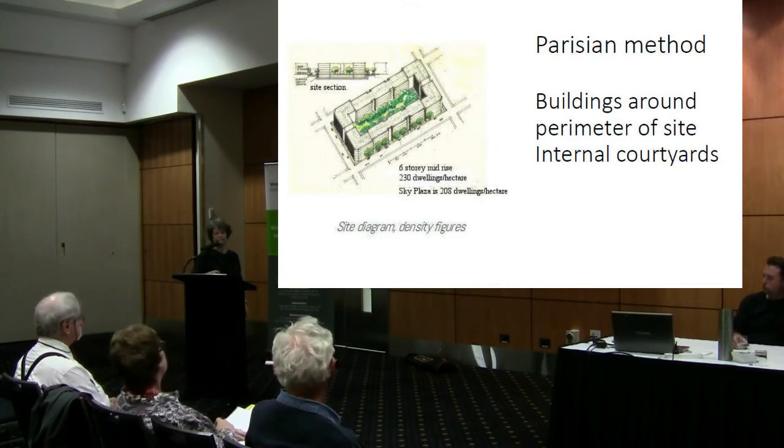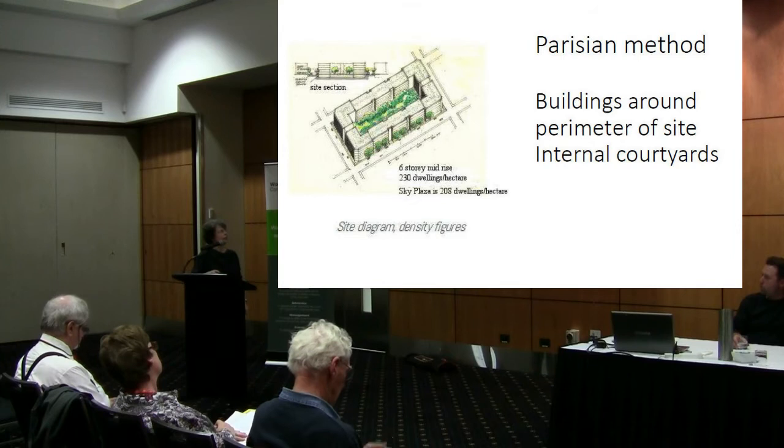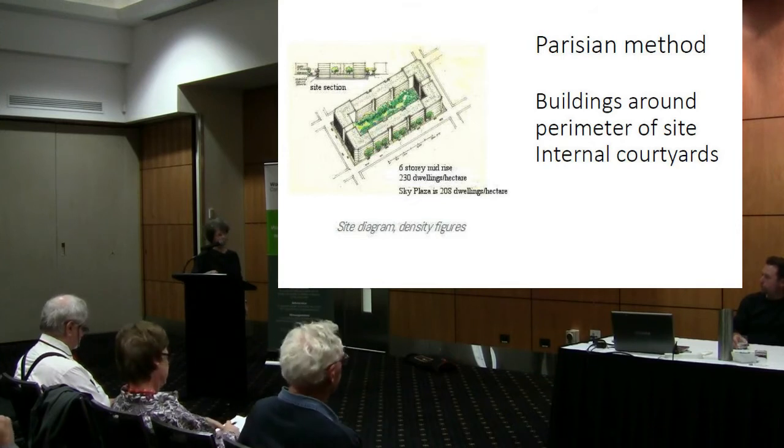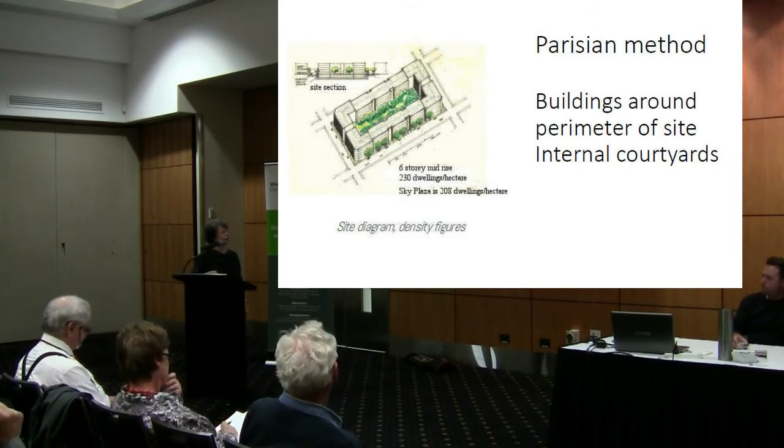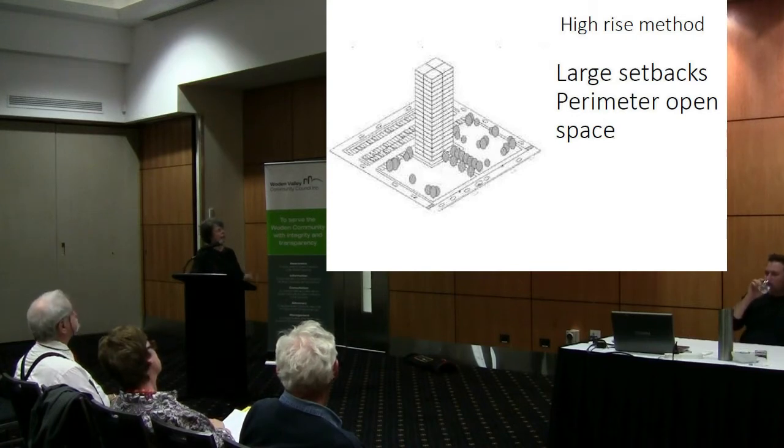So really, there is no need for a high rise for high density. And the Parisian method goes on to having buildings built on the perimeter of the site with inner courtyards. So that's a different method of getting higher density. This is just a high-rise method,